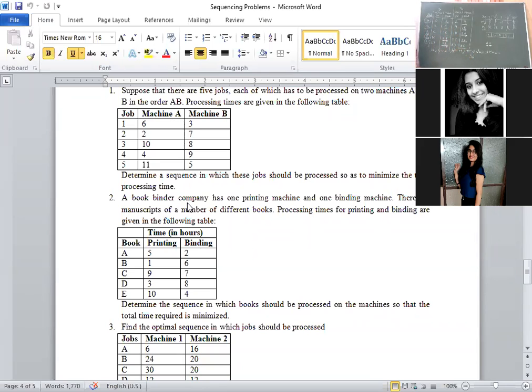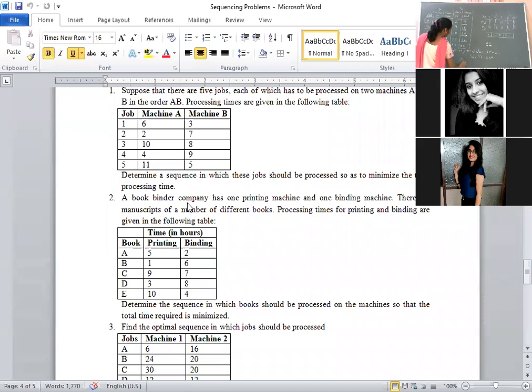Total elapsed time is how many hours? 36, minus what formula I told? The last job is out of machine A. How many hours did we get here? 33. 36 minus 33. Idle time for machine A is how many hours? 3 hours. Understood? Then we need to calculate